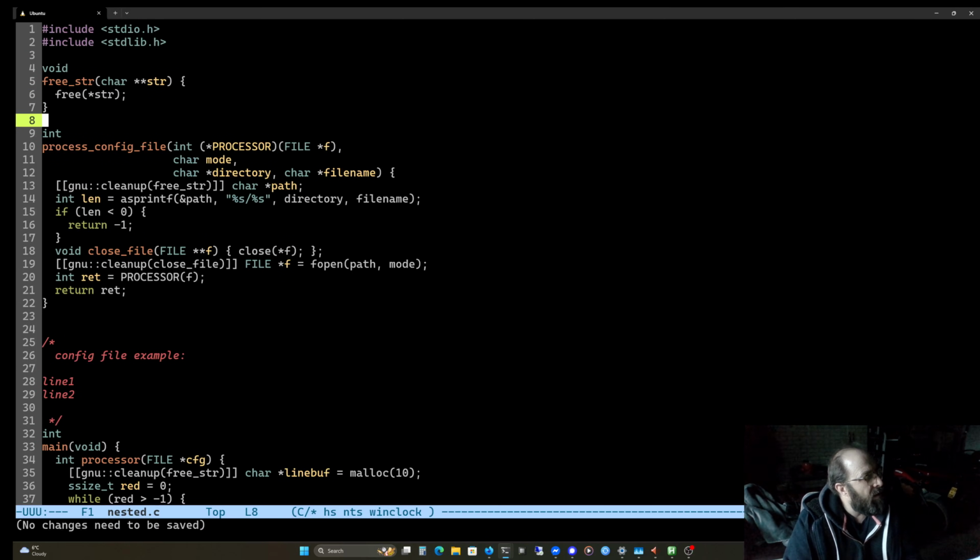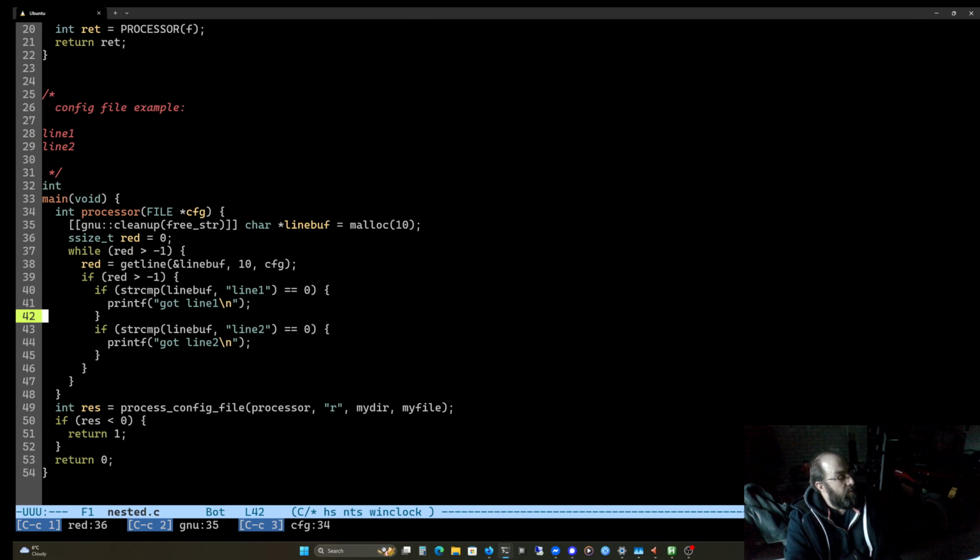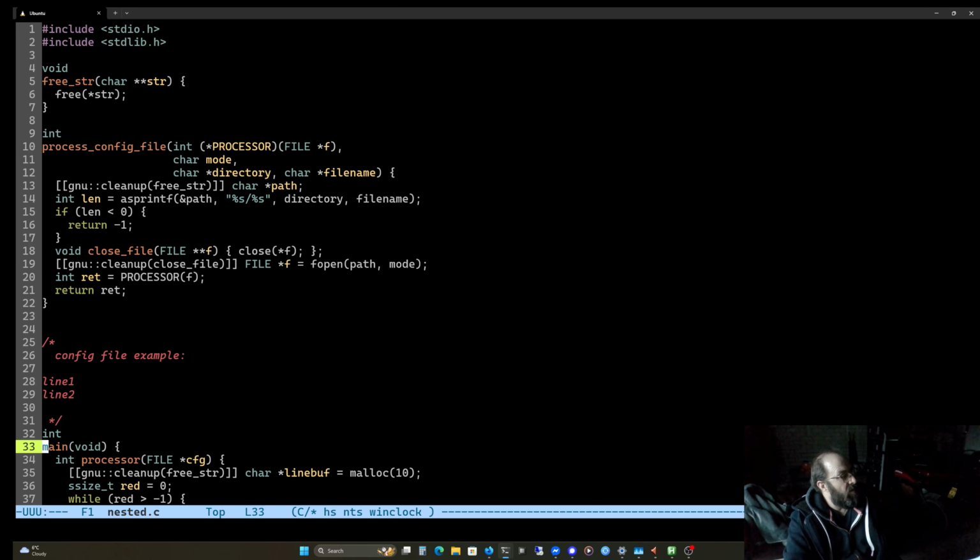It's great when we're full screen, but it's not so great when we're not. Okay, so that's fantastic. And now we've got a free string that we can use. You see why defer is a bit better. You don't need these functions.